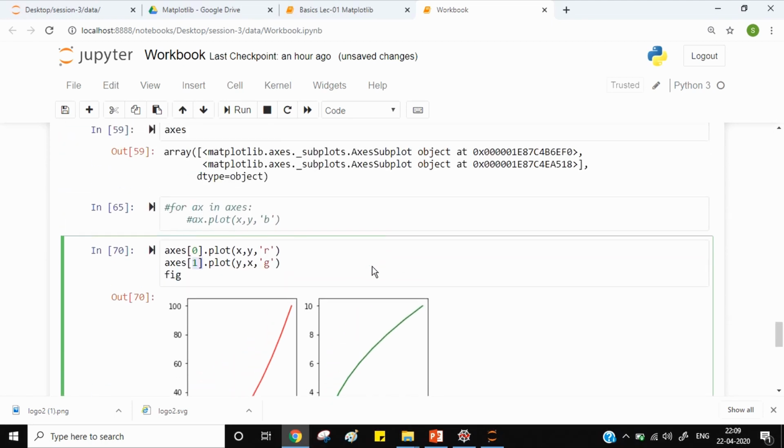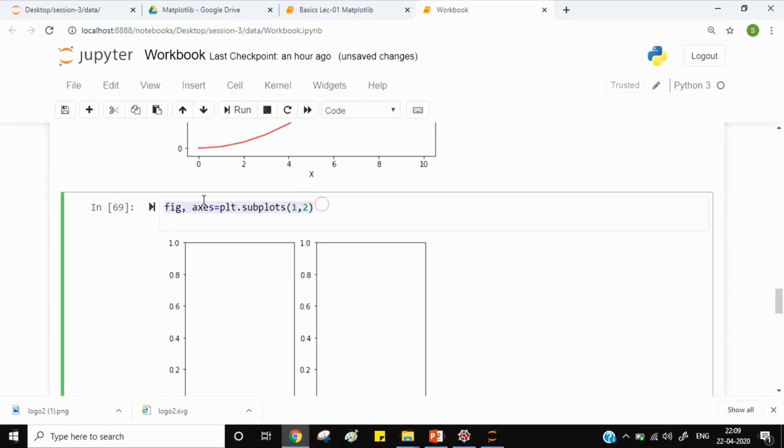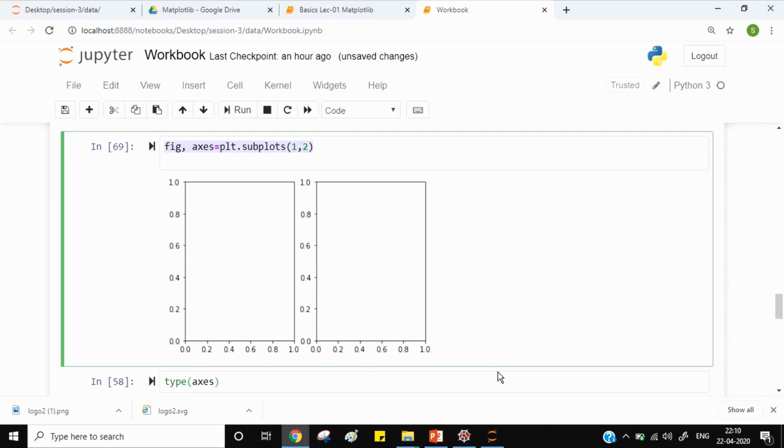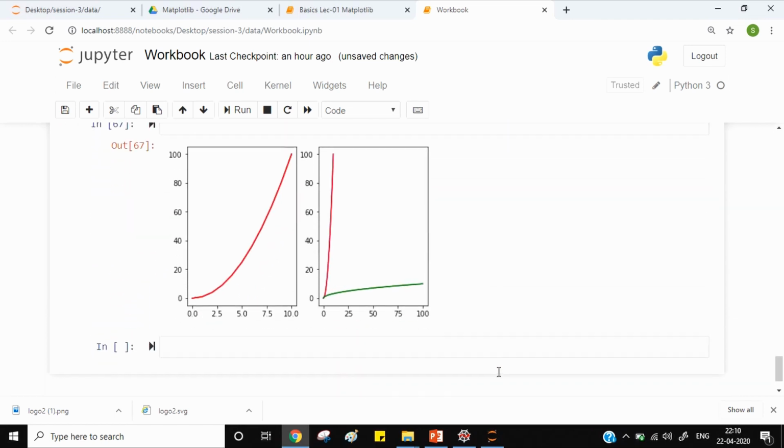So with the help of plt.subplots, you can plot multiple plots in the same canvas but in different blocks. So let's continue.